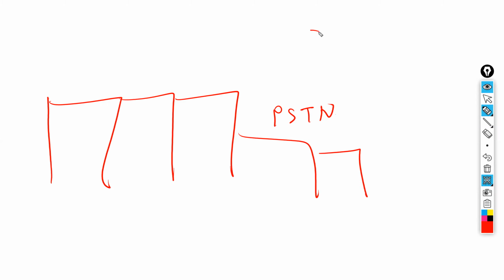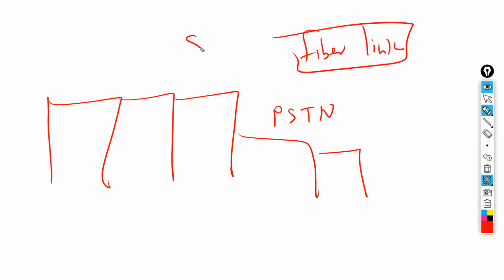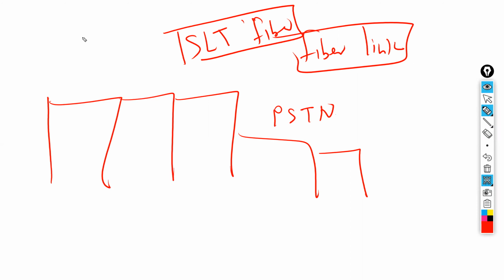Nowadays only, Baba, the fiber link comes. We have SLT fiber, no? This SLT fiber doesn't need this conversion. Why? SLT fiber means anyway it's data, no, Baba. But here, if you use the earlier telephone line,